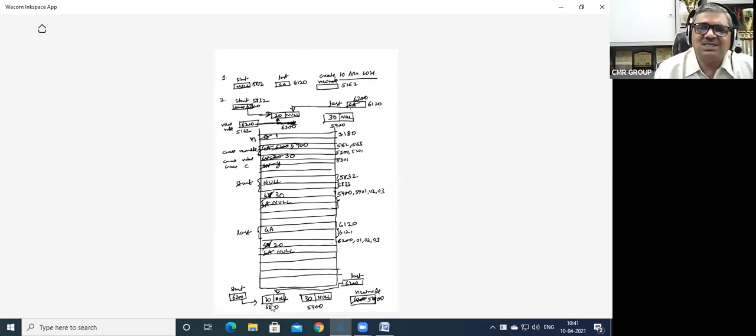How to access the pointer part of this last node? The last node's address is stored in last. So we can say last arrow ptr is equal to new node.